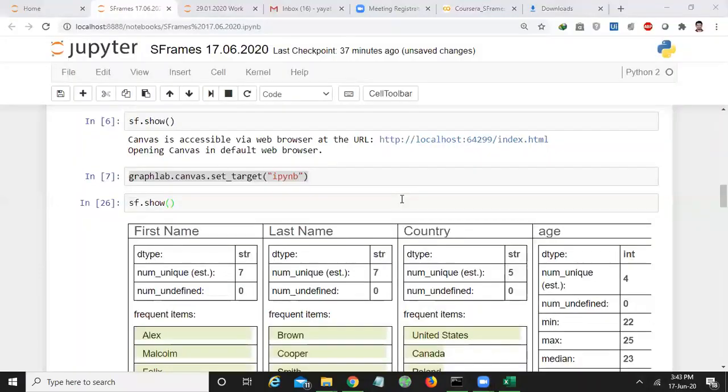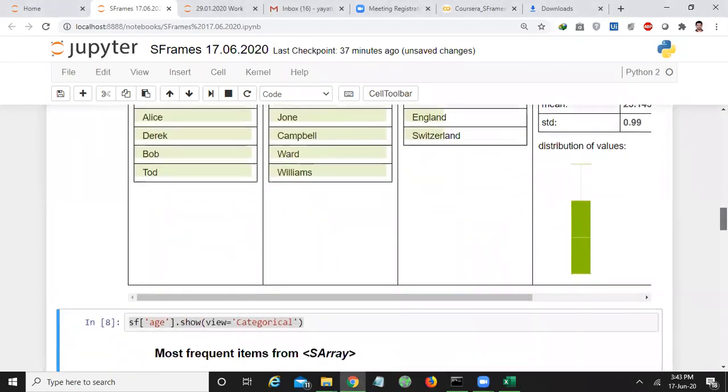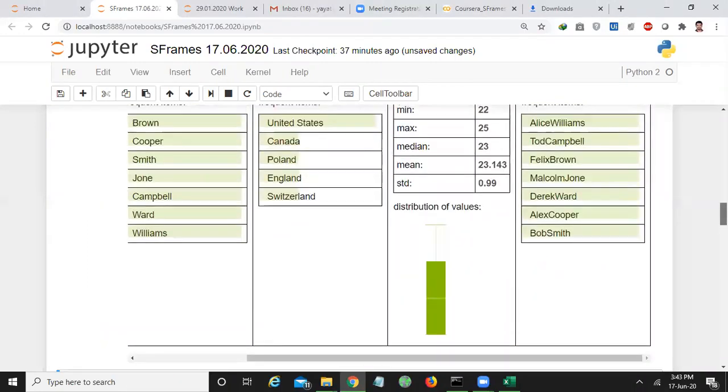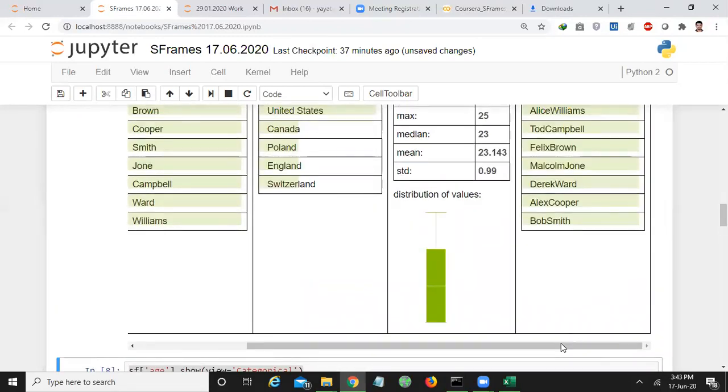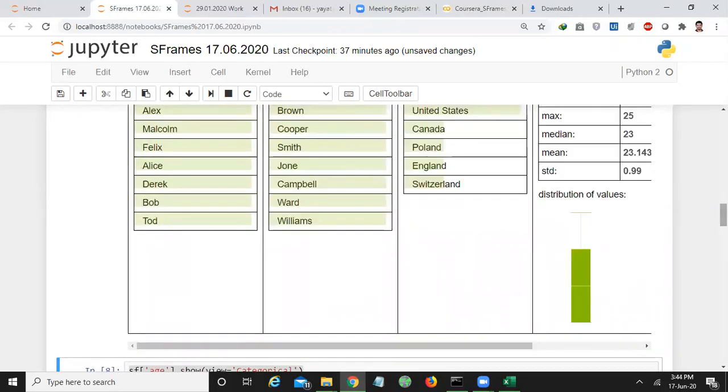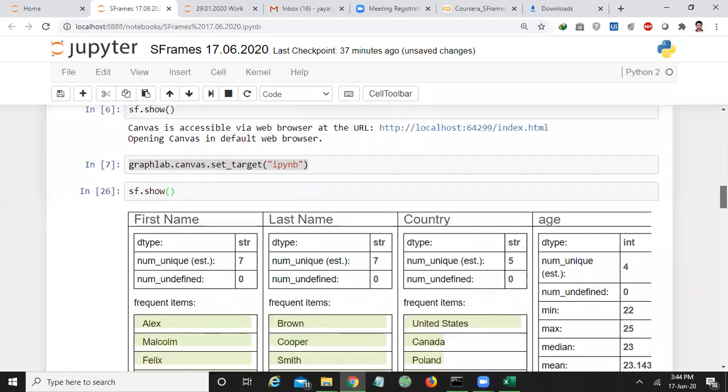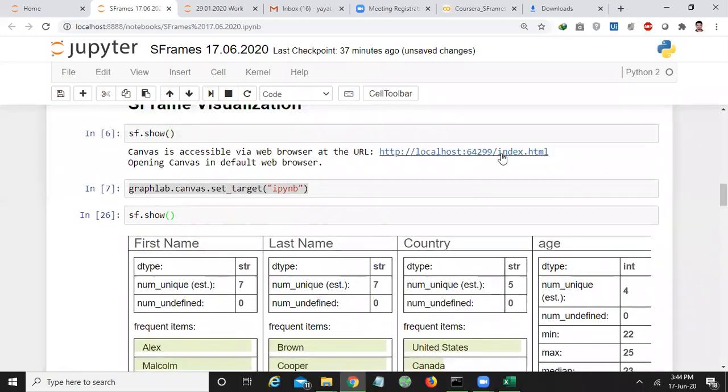In the above command, you will see the entire study in the next web page. If you set the target as ipynb, then the statistics will be in the notebook only, but the additional tabs will not be visible here. So if you want to see the correlation and relationship between each and every column, you better go through the web page itself.